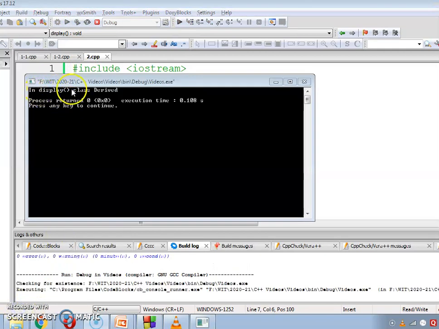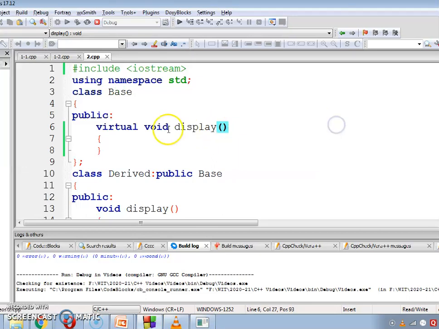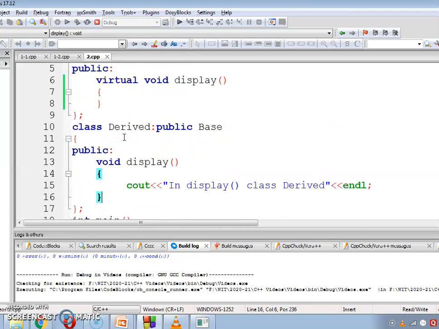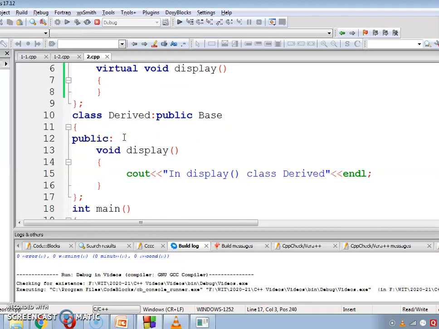So the output is: in display function class derived. So we need to define a virtual function in the base class.